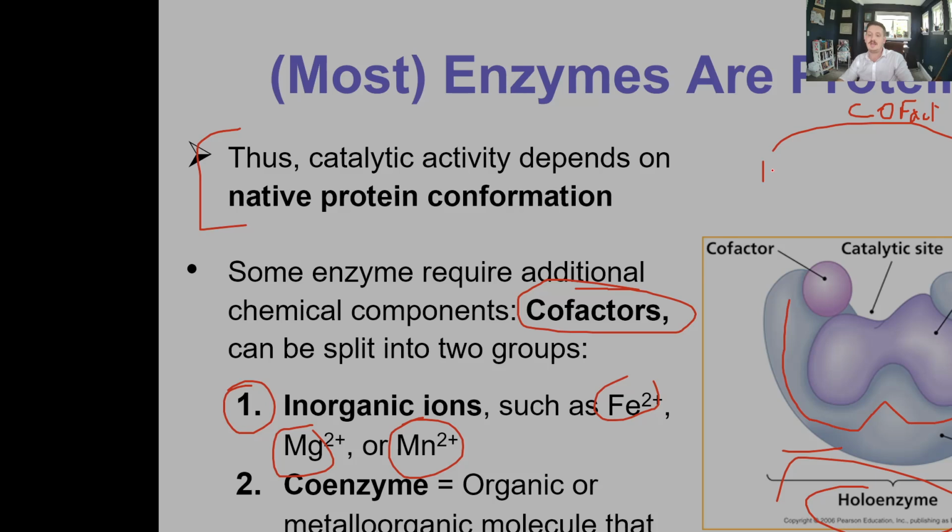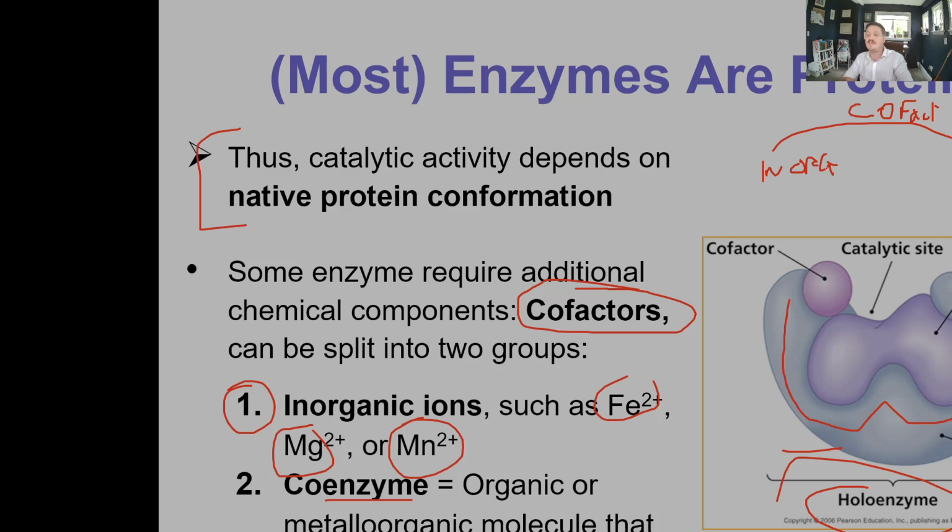The other type of cofactor, and cofactor is an umbrella term, so I'll just write cofactor. You have the inorganic ions, and you have coenzymes. A coenzyme is a type of cofactor. An inorganic ion is a type of cofactor. Cofactor just refers to something that needs to bind to the enzyme to make it work. Coenzymes are going to be organic or metallo-organic molecules. So, for instance, heme or NADH, NADPH,